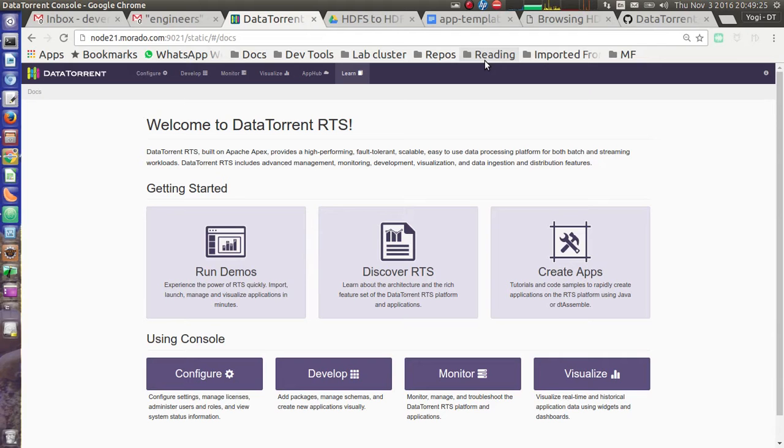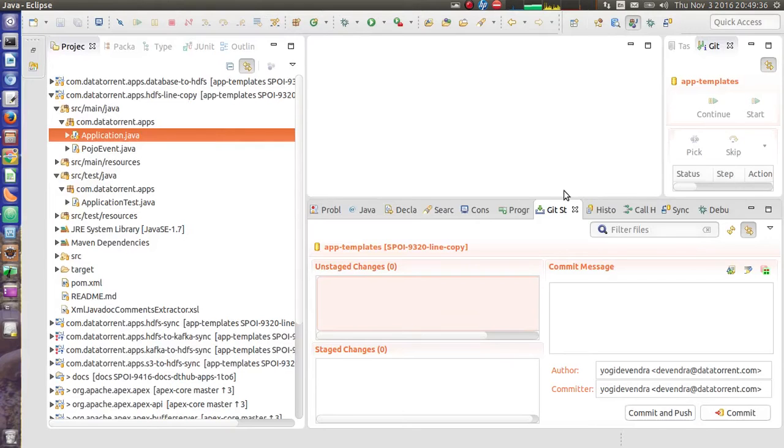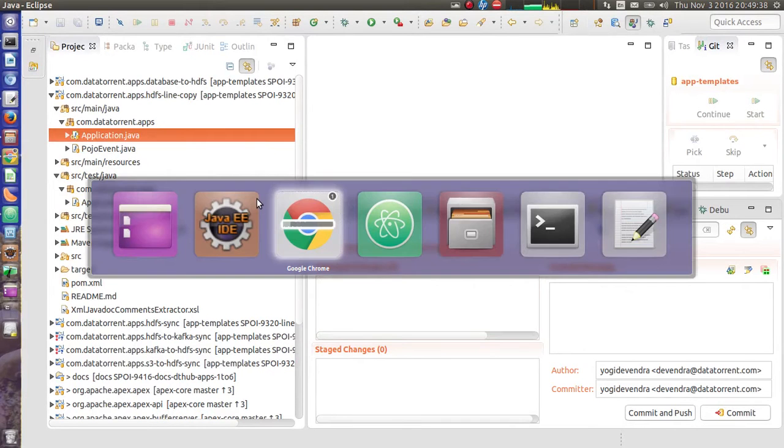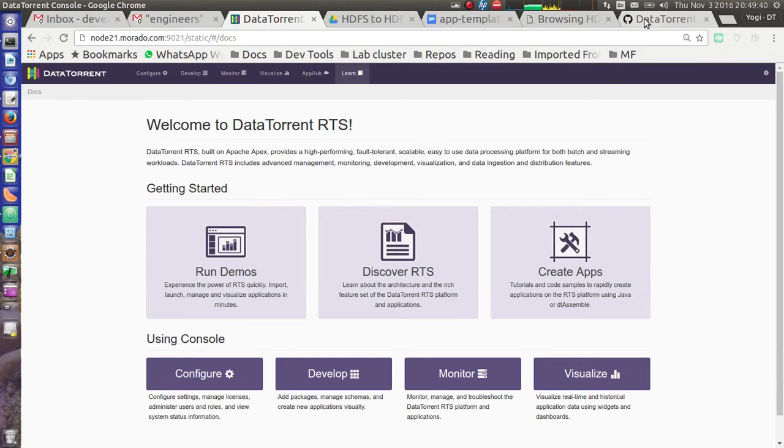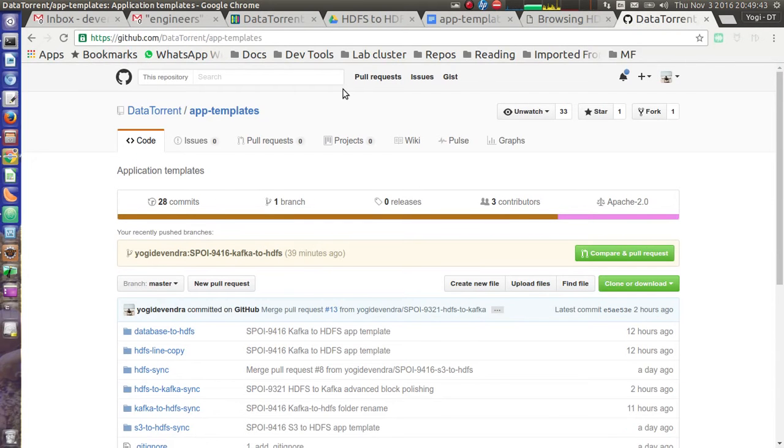In this video, we will look at HDFS to HDFS line copy application customization. In order to customize this application, you may download the source code of this application.